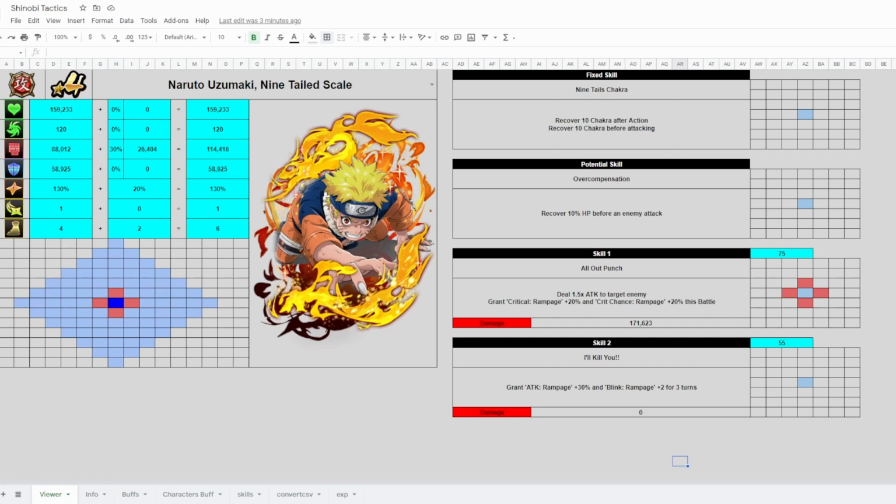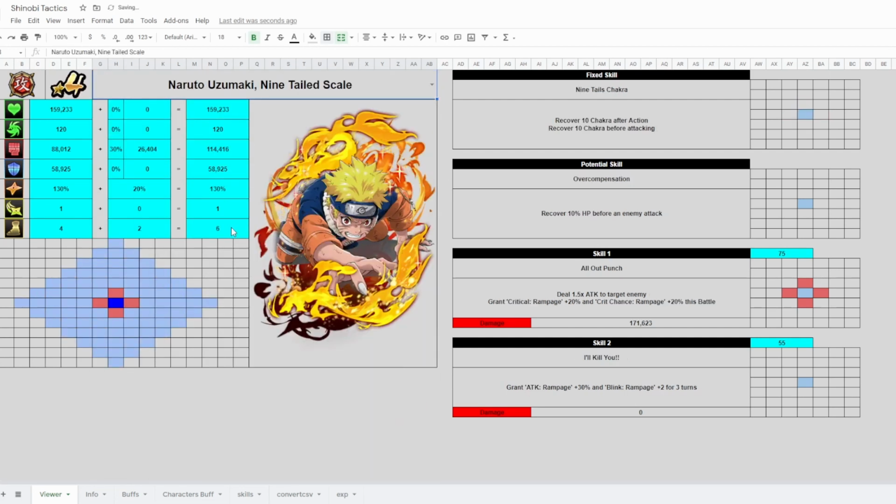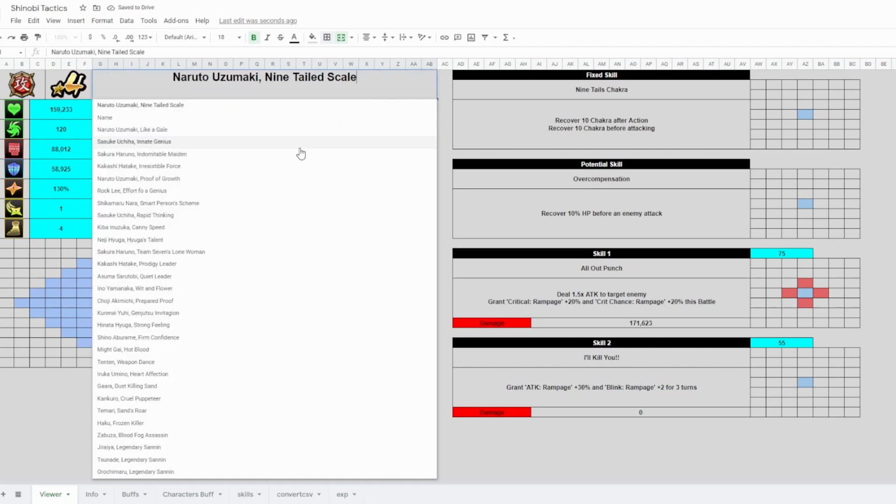The only attack unit we really have experience with that we use a lot is Lee. And I guess we can compare him right now. Lee's stats are around 54k attack, 35k defense, and then 1-3 movement. All these extra movements, don't worry about it. Those are all extras. Naruto has 159k attack, which is, let's compare him to like,